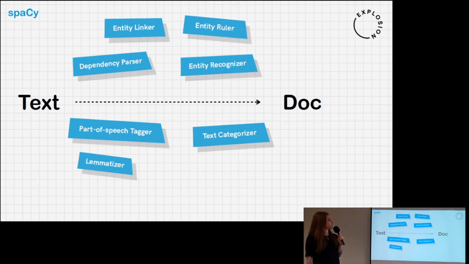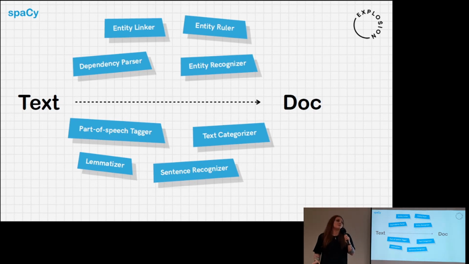Entity ruler in SpaCy is a component that lets you write either pretty straightforward rules or a bit more abstract rules to define your named entities, because often you're actually able to express what you're looking for in a pretty straightforward way. And in SpaCy, the matcher engine lets you write something a bit like regular expressions, but on the word level. So you can say, hey, I'm looking for a noun that's this, followed by that type of word from my word list. So there's a lot you can express or use to augment your model's predictions to get better results. Sentence recognizer, you want to segment text into sentences. Again, that's in some cases easier, in some cases harder.